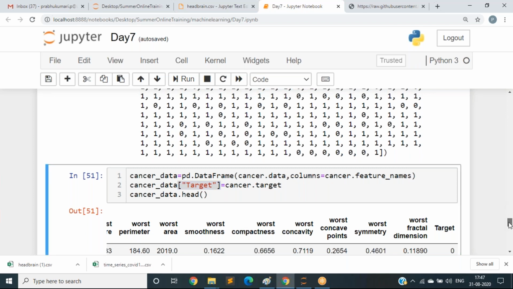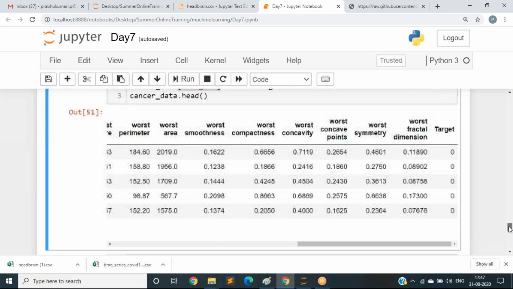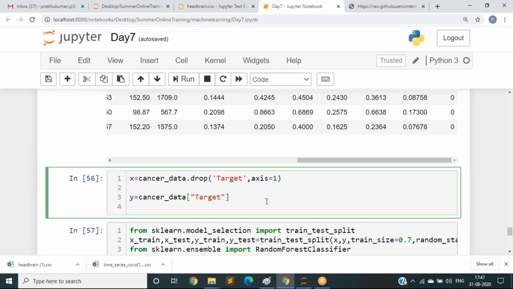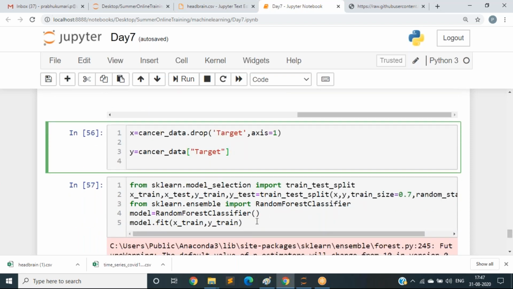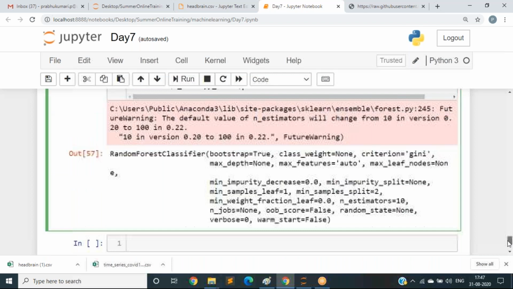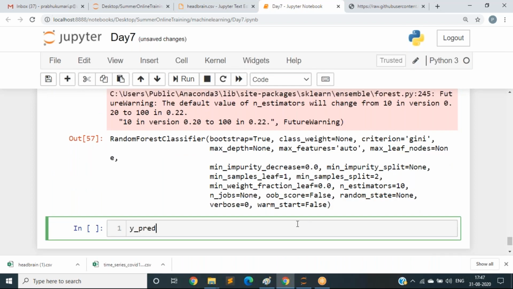Now your data is ready. We have processed our data, and it's your turn to select your dependent and independent variables in X and Y. That is the process I have done. The next process is splitting your data and applying your algorithm. Okay, let me predict the values. y_predict equal to, y_test.